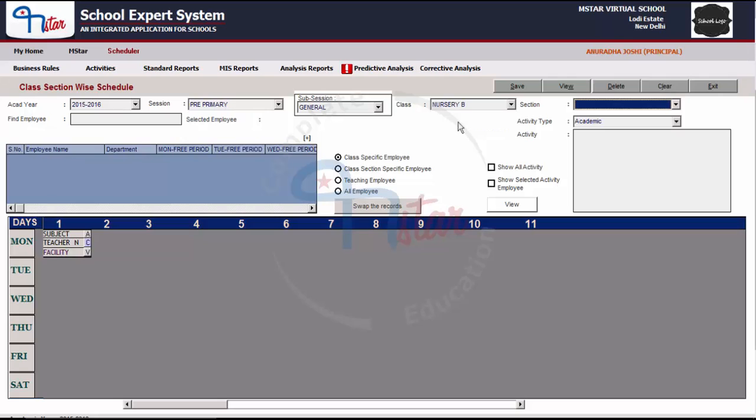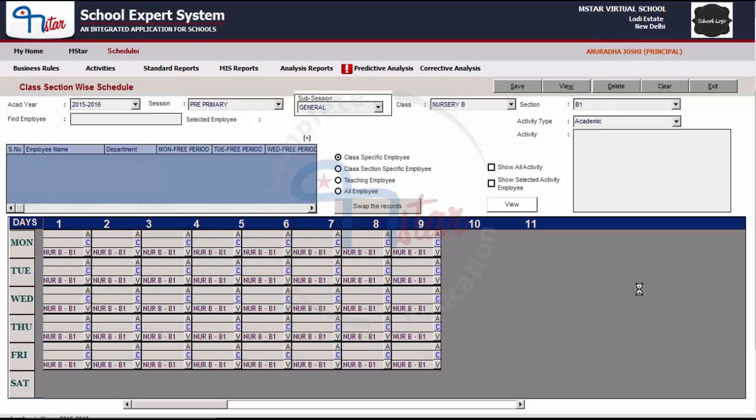After this, click on the box next to the class and select the class name for which the timetable needs to be scheduled. Then click on the box next to the section and select a section for entering the timetable. After selecting the section, click anywhere in the grid below and the grid for entering the timetable will appear in the lower section of the screen. This section of the screen is showing us the days of the month as applicable to the selected class and session, and it is showing us the period numbers. The days and the period numbers are coming from the subsession as we defined.